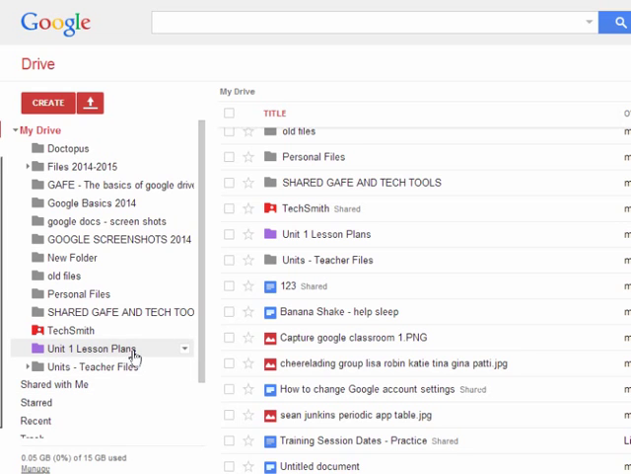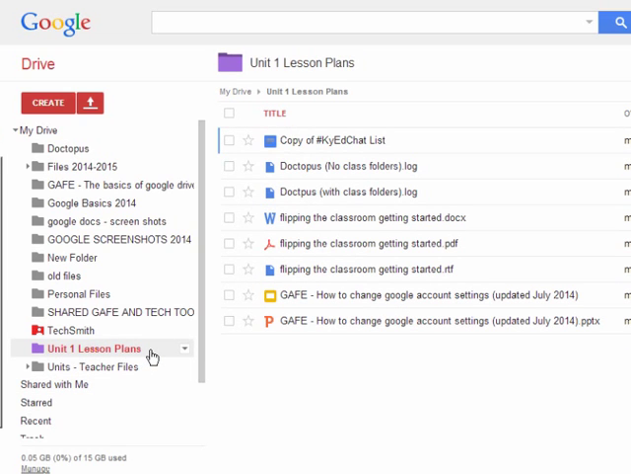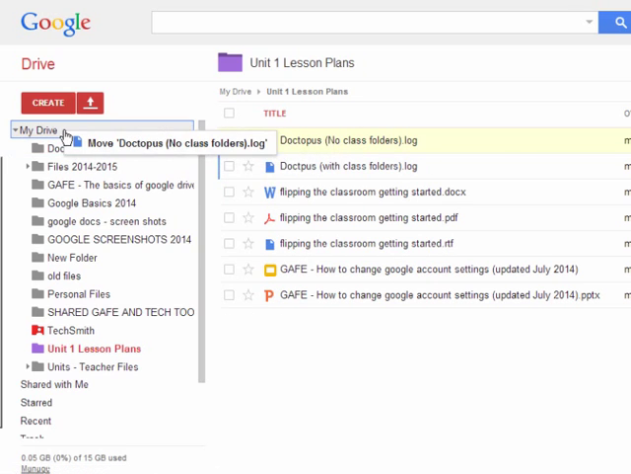Now if I go back to Unit 1 Lesson Plans and I click on it, I'm going to see all those files that I just moved there. If you've moved something by accident, you can check mark all of them at once, or you can check mark one at a time and move them back to My Drive. So if I wanted to move something back to my drive, I could either drag them over one at a time and drop them into my drive,